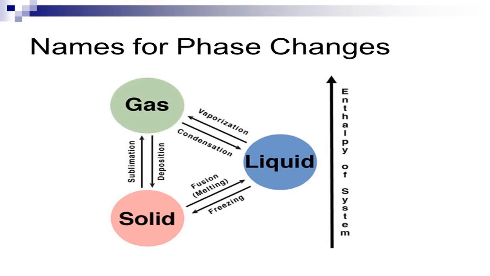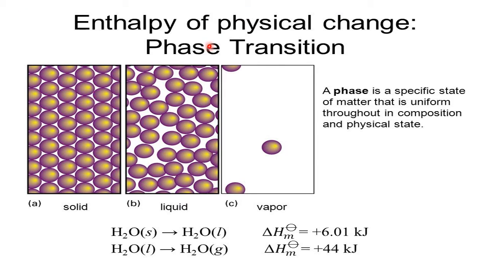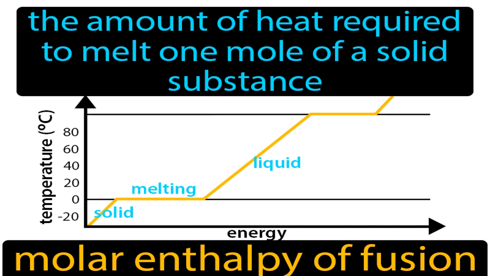Okay, that's all. Now let us learn some examples of phase transformation, state transformation, meaning solid to liquid, liquid to gas, gas to solid. So all these interstate conversions, interphase conversions are known as what? Enthalpy change during the phase transformations. Physical change or phase transition, where they are converting from solid to liquid or liquid to gas. They are called enthalpy change during the phase transformations. So we will not discuss all, only we will discuss three.